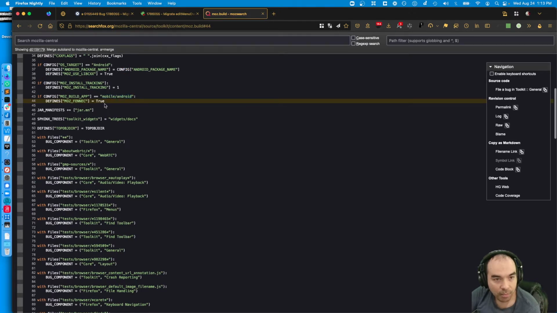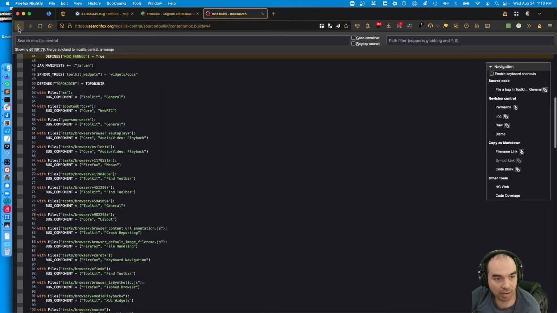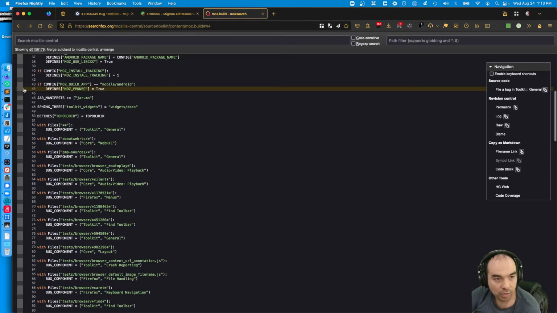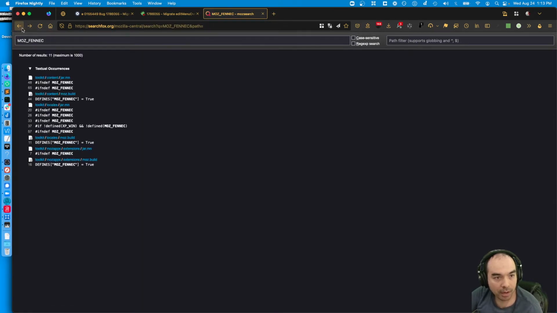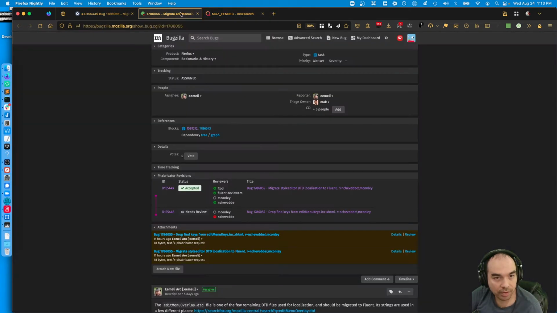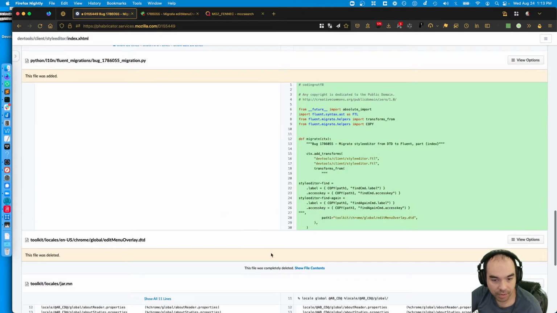Oh, interesting. If we're building mobile or Android, we still call it Moz_Fennec. That's like an old artifact. We definitely shouldn't call it that anymore. It should be like Moz Phoenix or whatever. But it looks like if we're not on mobile, then we'll package this thing. And now we're just removing it entirely, so we don't need it anymore.